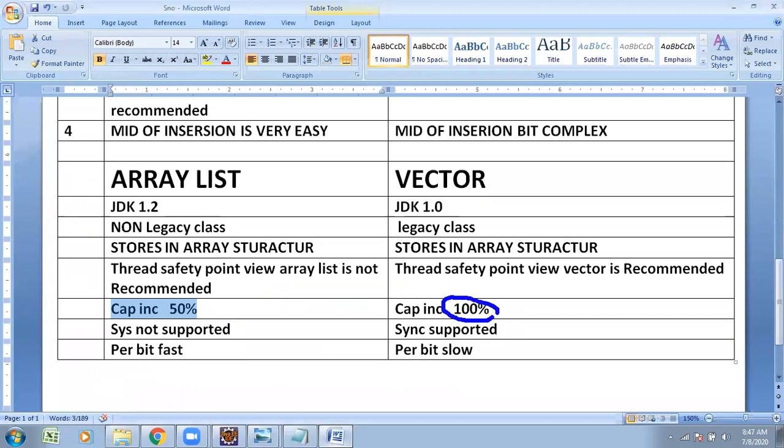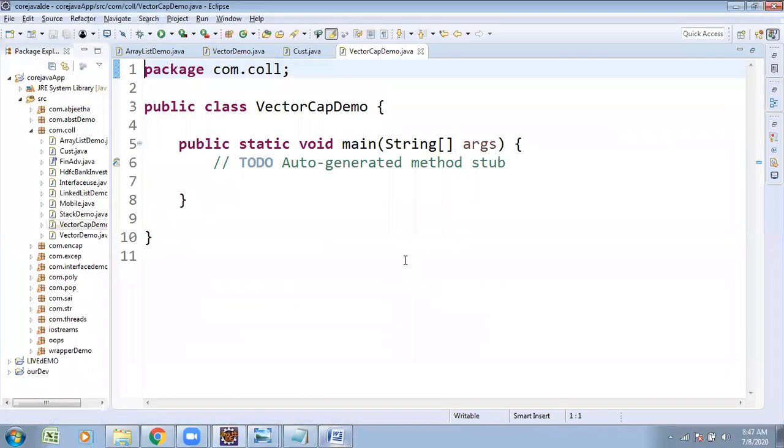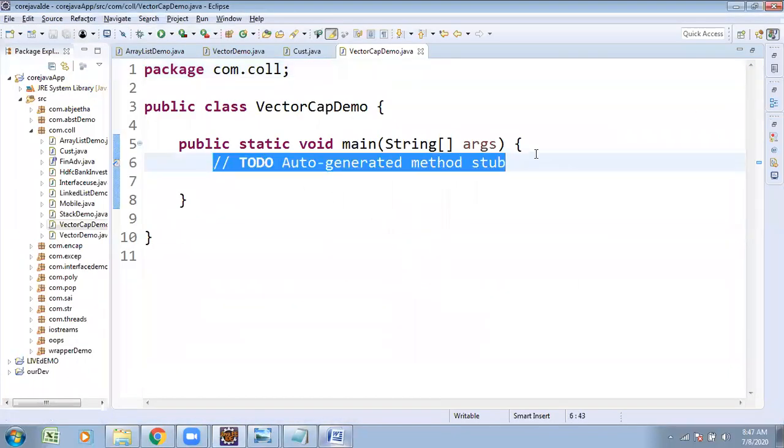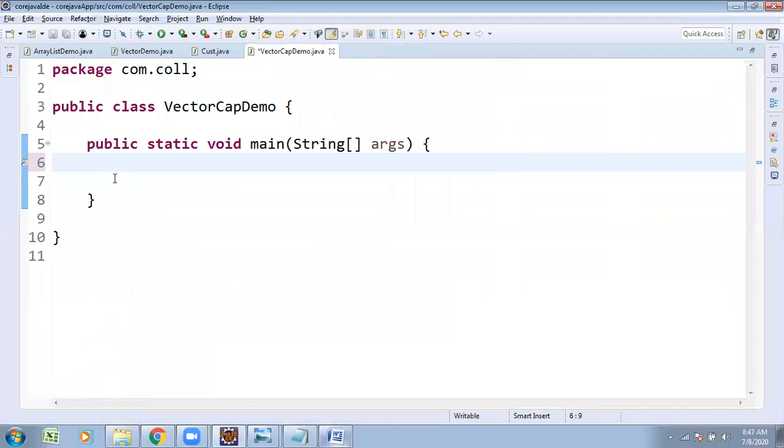Capacity incrementation is 100% for Vector, whereas ArrayList capacity incrementation is 50%. I am saying Vector capacity is 100%. How can we conclude that? Creating one Vector: Vector of Integer, v is equal to new Vector with the diamond operator.